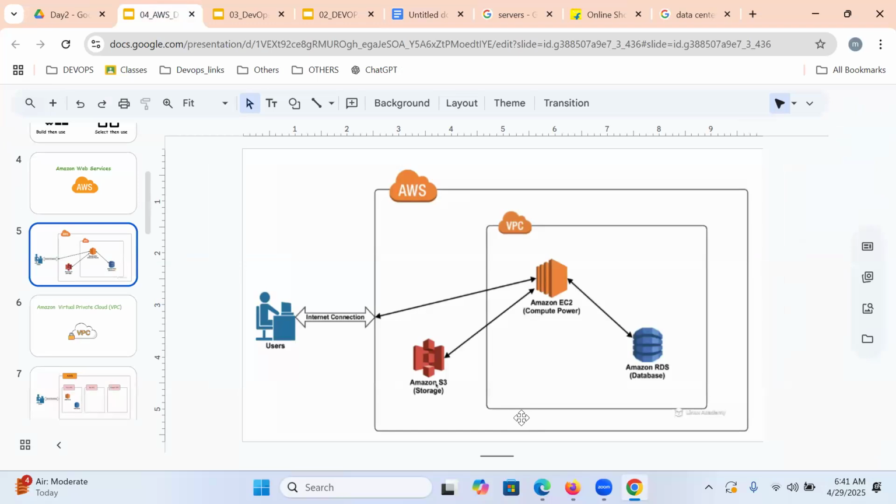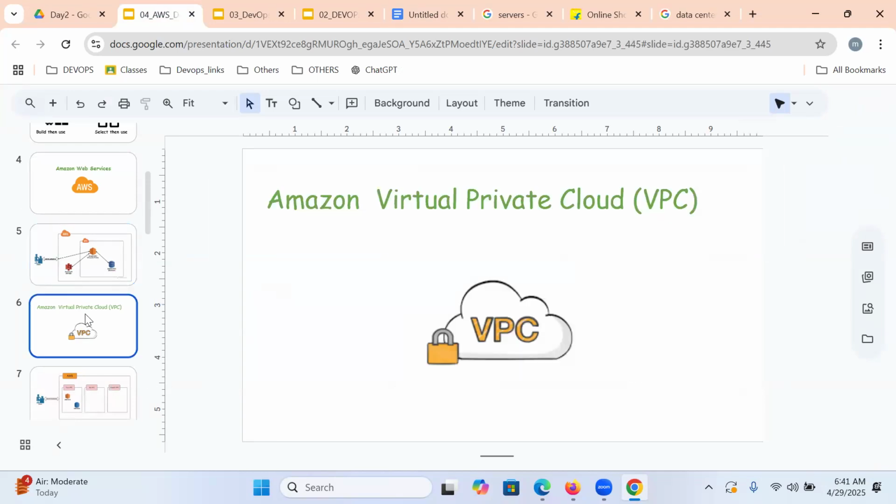Yes, obviously. But sir, what is a VPC? What is EC2? What is RDS? What is S3? But how are we using all these services? Let us understand with an example also. But let us first understand them one by one, then we'll discuss with an example how we're using them. Okay, first, let us start with VPC.